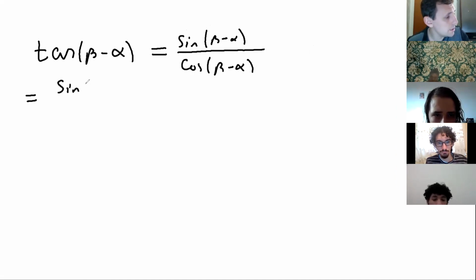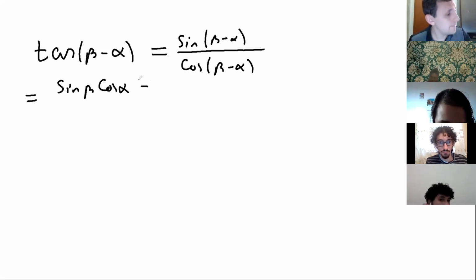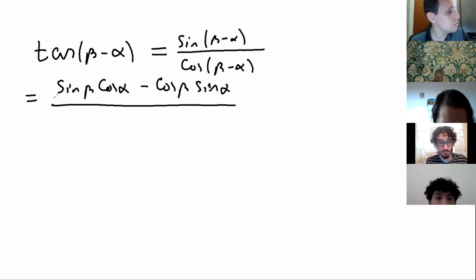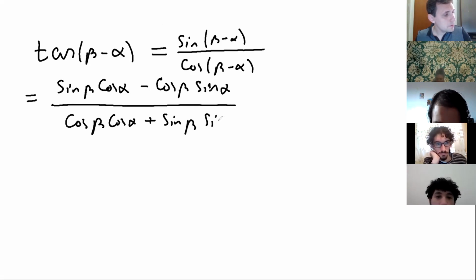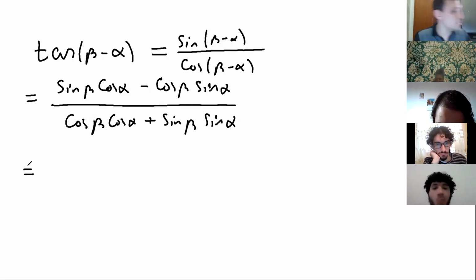This is going to be sine of beta cosine alpha minus cosine beta sine alpha. That's the numerator. And the denominator is cosine beta cosine alpha plus sine beta sine alpha. Good. Next, what we can do is divide numerator and denominator by, say,